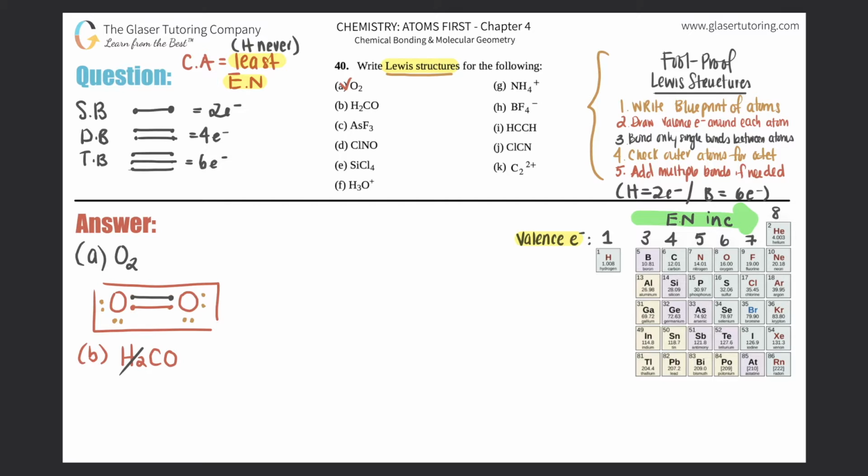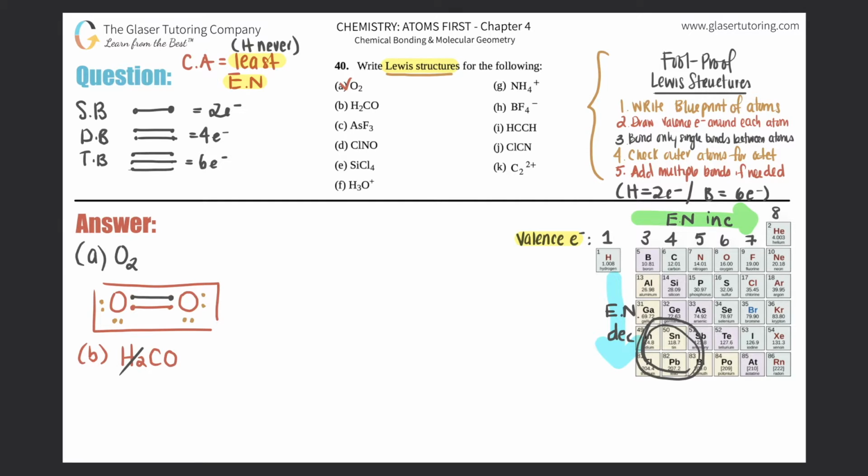And as you go from top to bottom, electronegativity decreases. So you're looking for the least electronegative, which means that in this section, these are going to be